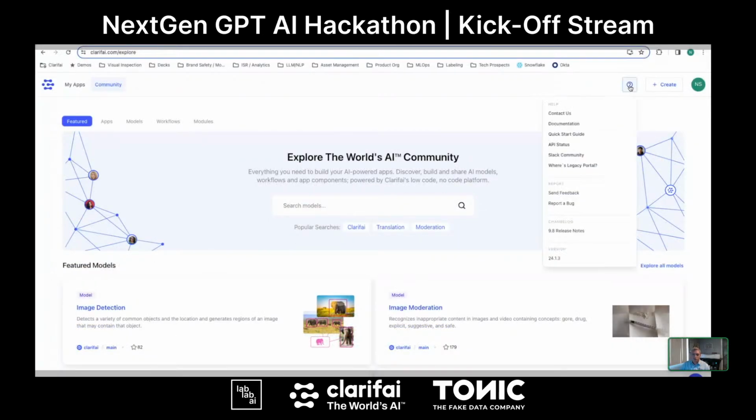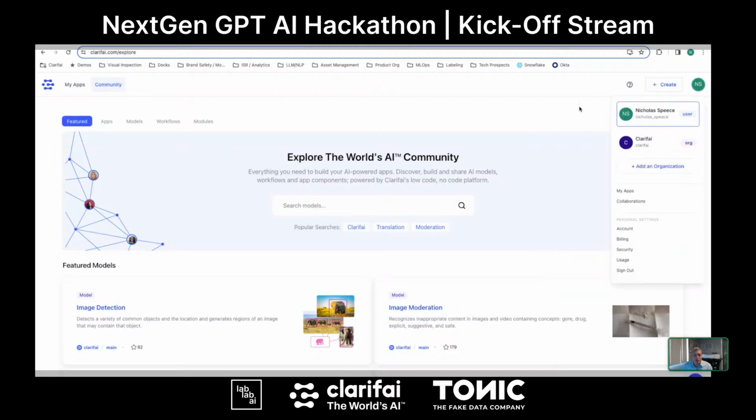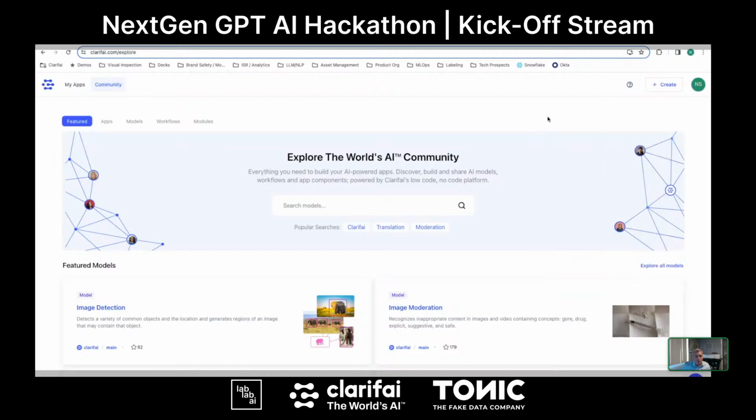The little question mark with a circle around it is your beginning jump-off point for any questions you might have at Clarifai. If you're not on a hackathon with experts waiting to answer your questions, this is where we still live. Things like documentation, contact us, quick start guides, hands-on labs, all of that is accessible right there in that menu. If you have questions, keep that bookmarked. It'll be helpful later, I promise. In the right corner, this is a place you shouldn't need to use during this hackathon. If you do, you probably should click that help button first. But if there are different organizations that your account is a part of, if there are settings in your account that need to be tweaked, you will find those in your initials in the upper right.